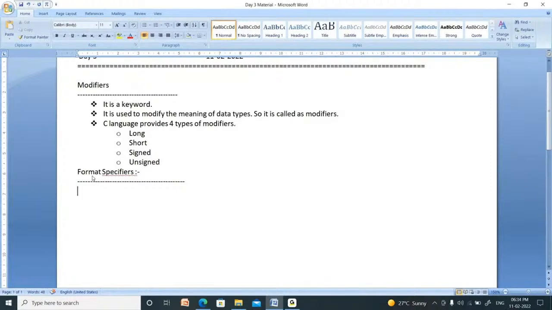What is the symbol of BJP? Lotus. What is the symbol of Congress? Hand symbol. What is the symbol of TRS? Car symbol. What is the symbol of TDP? Cycle symbol. What is the symbol of YSRCP? Fan symbol.